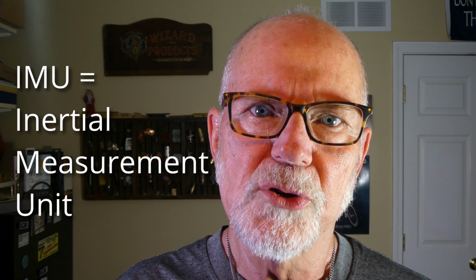IMU stands for Inertial Measurement Unit. They're used for everything from satellites to vehicle stability control systems. Basically, they monitor and interpret motion. Garmin just refers to them as sensors, not IMUs, which is correct, but lacks specificity. It's like referring to this park torque wrench as a tool. Yes, it's a tool, but...